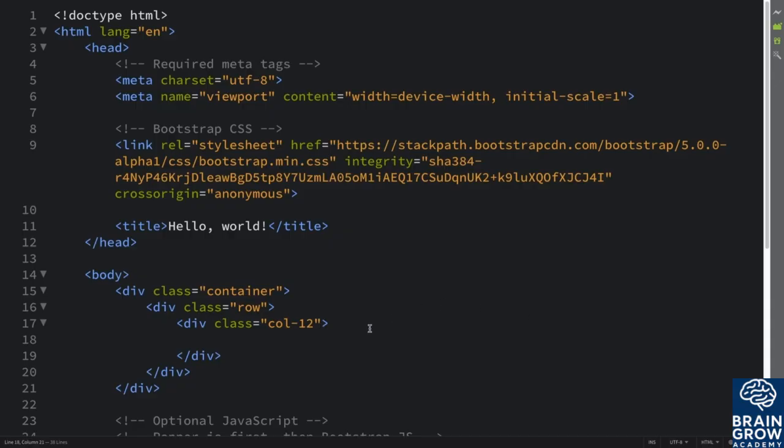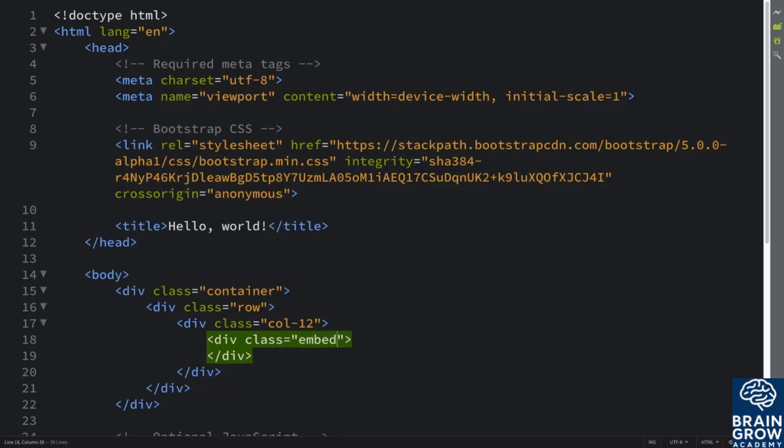I've got 12 columns, which is the maximum amount. You could have 6, 3, whatever. And first of all, you need to put a div and then a class, and this is going to be embed-responsive, and then another one, embed-responsive-